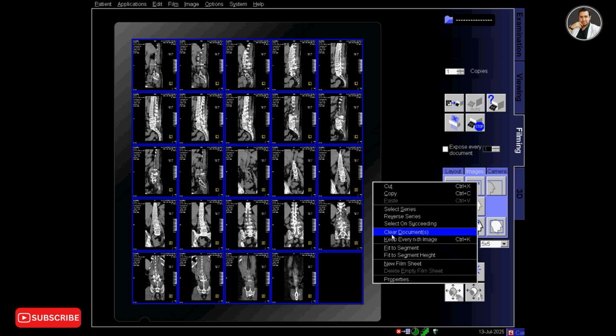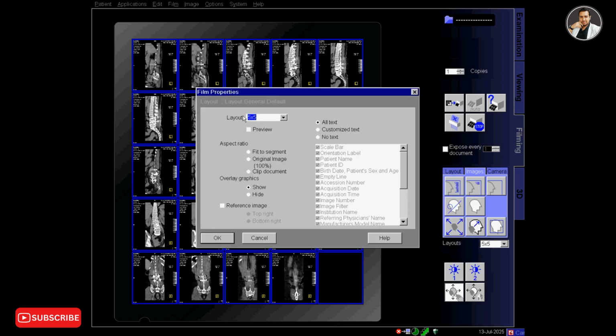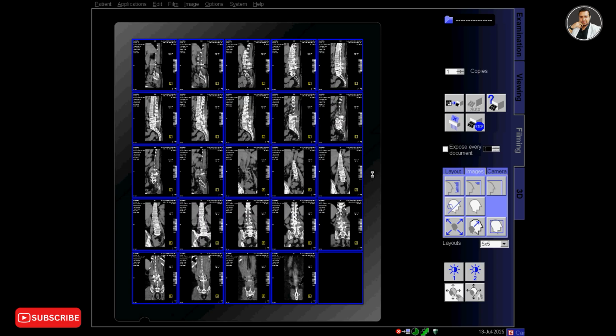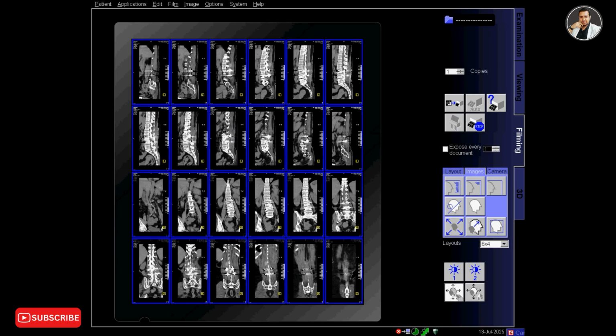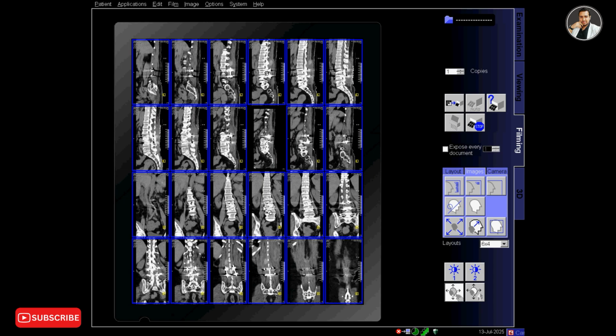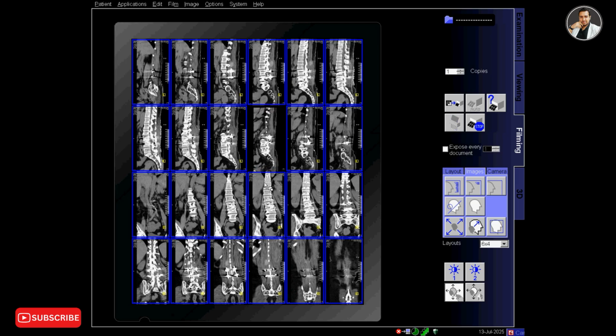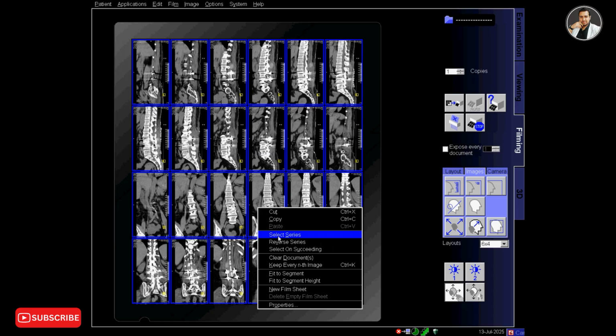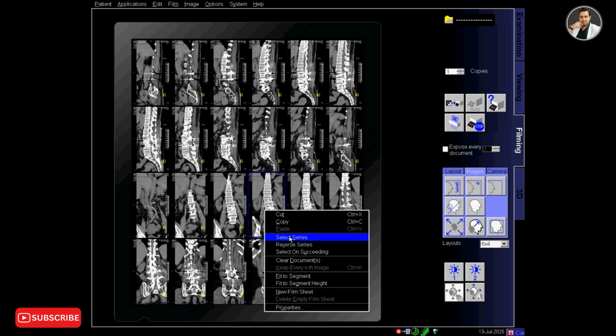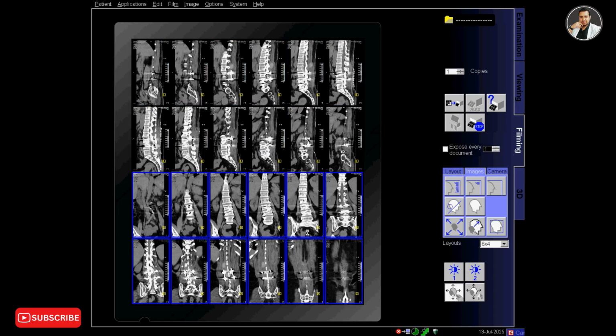So now I am in the filming, and now I am changing the layout to 6 into 4 so that I can print coronal and sagittal in one film. In the upper part of the film there are 12 sagittal images, and at the lower part there are 12 coronal images.